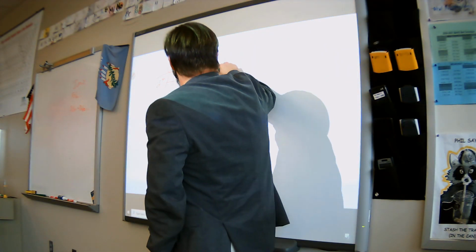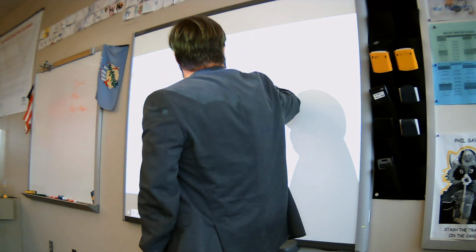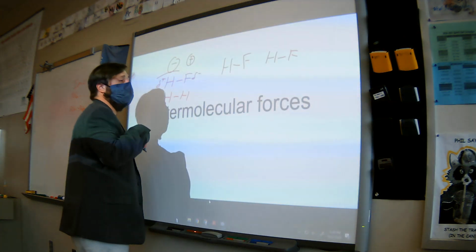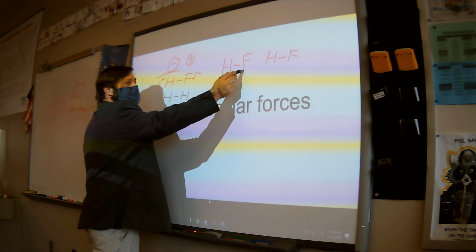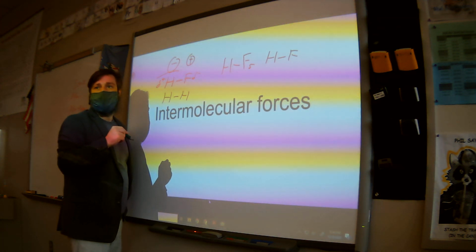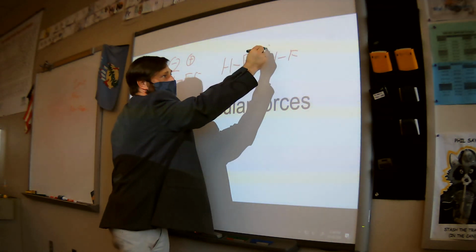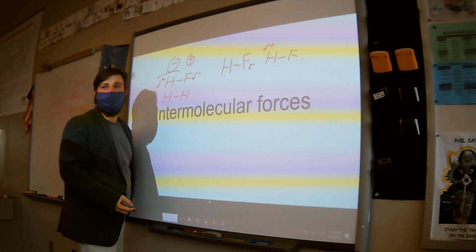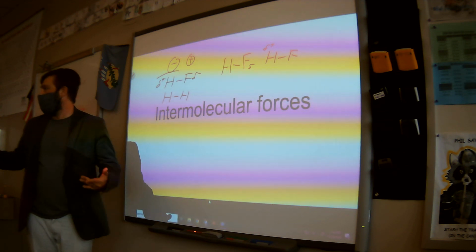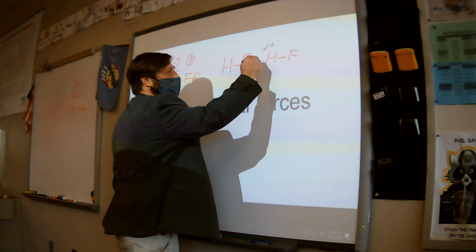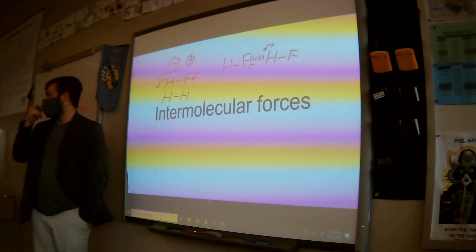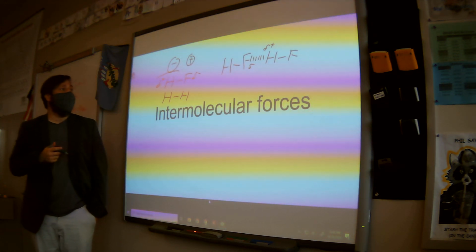So let's say we had hydrogen fluoride and hydrogen fluoride. Like I said here, this has a slight negative charge on the fluorine, right? This hydrogen has a slight positive charge. It's positive and a negative. What's going to happen? It's going to attract. Put little attraction lines in there. So if that happens,